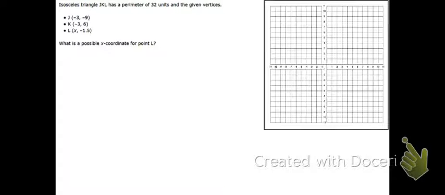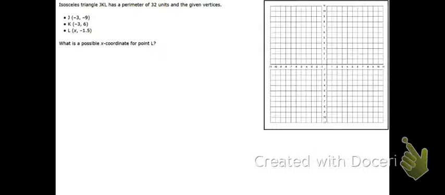Here we're told an isosceles triangle has a perimeter of 32 units, and they're giving us the vertices. So they're giving us some points here, but there's no picture. When they do that, I definitely recommend that you at least sketch the picture, sketch these points, so you have a better understanding of what you're being given, what you're being asked for, and then how to figure out the